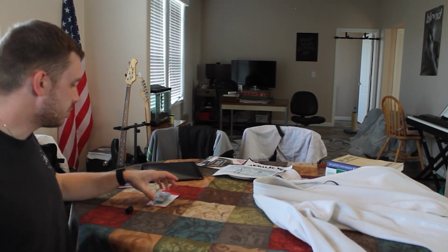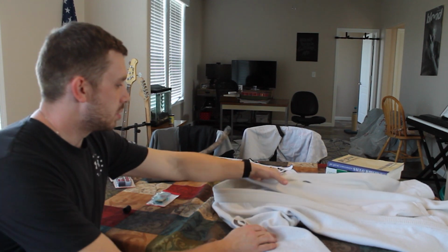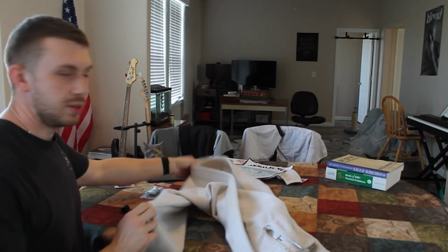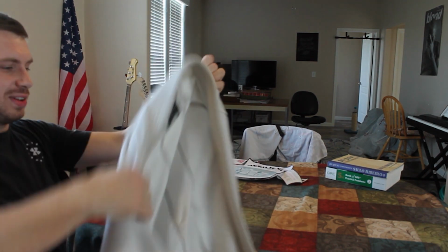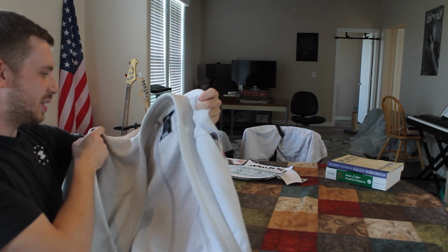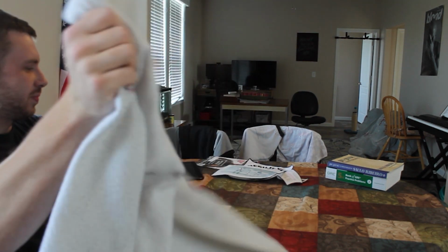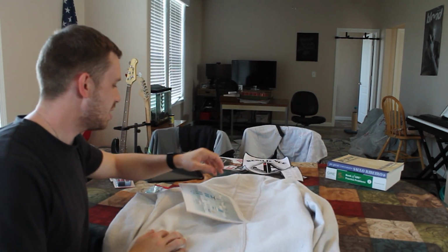So I was looking online for a sew-your-own-patch-on-your-own-gi tutorial, and I couldn't find a good one. So I'm going to go through how I'm going to sew this patch onto this gi. I've got this lovely Origin Rift gi made in America by American hands, and I'm going to put my dirty immigrant hands on it and sew this patch on